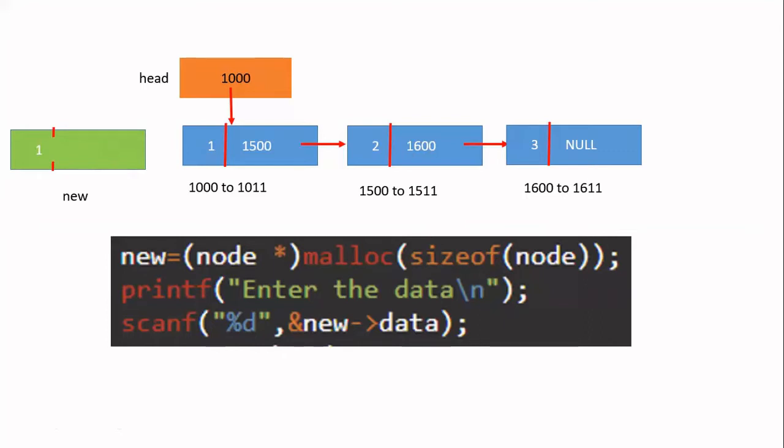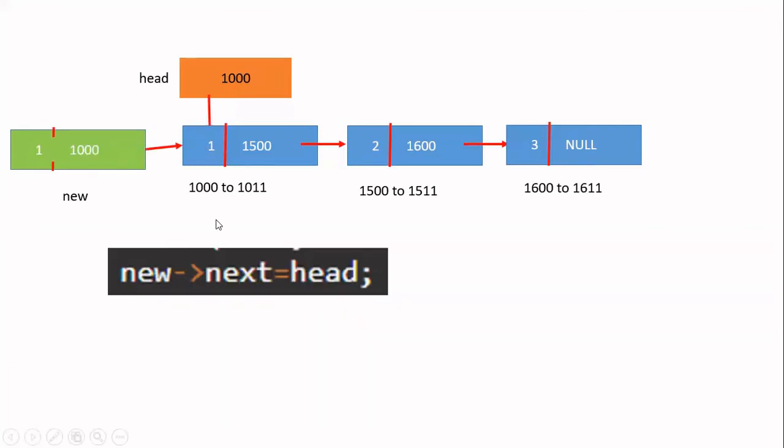Now, my aim is I have to add this green node here in the beginning of the linked list. Okay, so now we will see what is the meaning of adding in the beginning of the linked list. First, you have to create from this node one pointer to the first node in the linked list. What is the reason is, previously this one was the first node, but now this one will become the second node. This green color one will become the first node. Okay, so this green one should contain a pointer to this blue one. Okay, for that you are going to create this link.